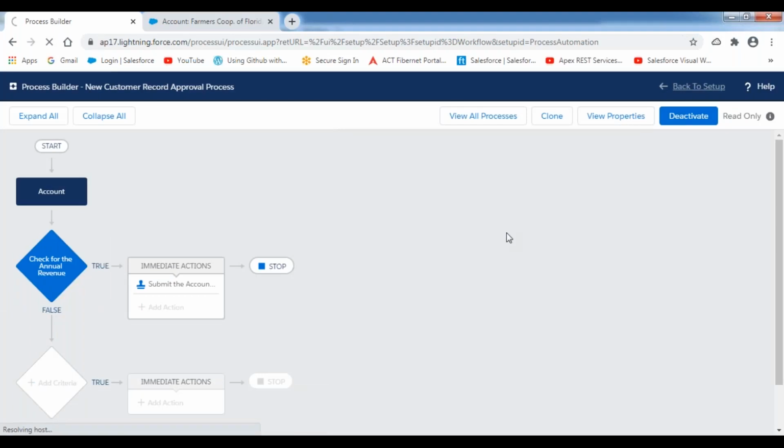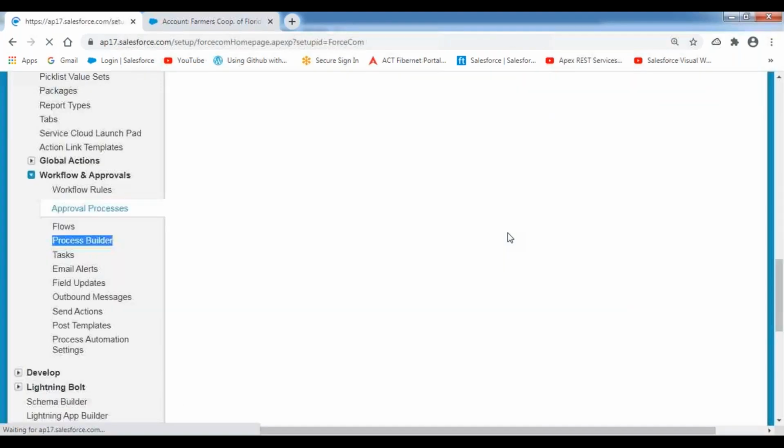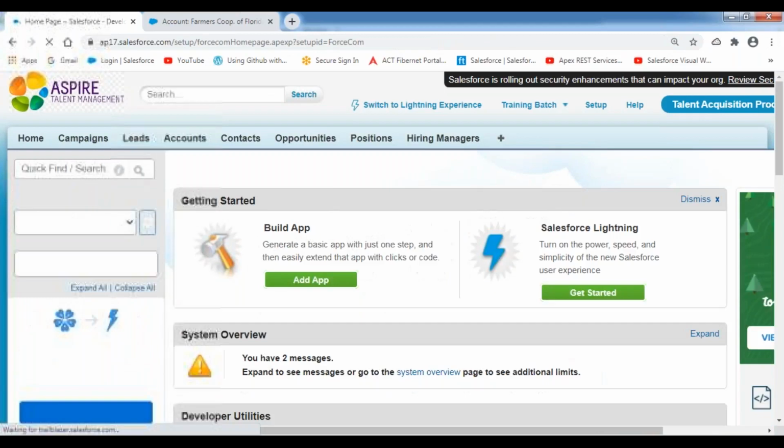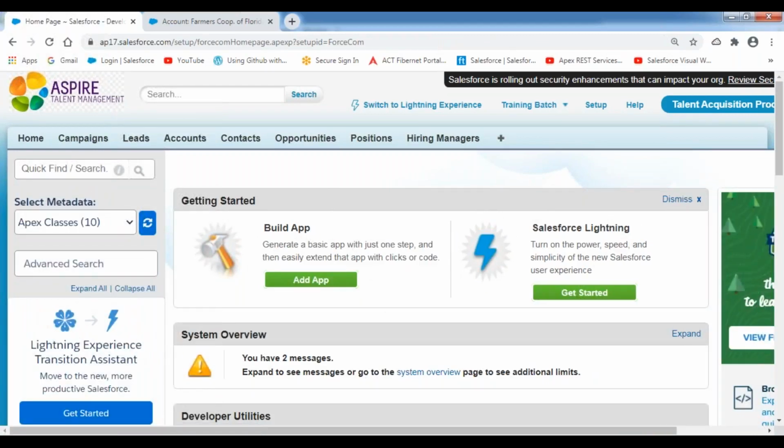Now let's go to the setup. Now I can test it. So from now onwards, whenever I'm creating a new account record, automatically the record will be submitted for the approval over there. Now, here's the training batch user. So the training batch user is going to be